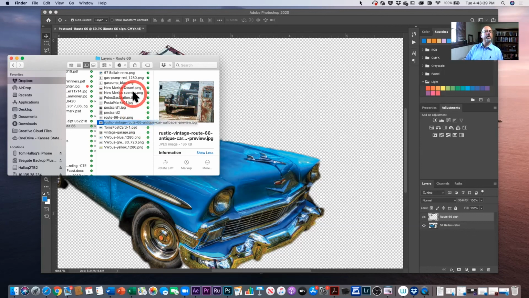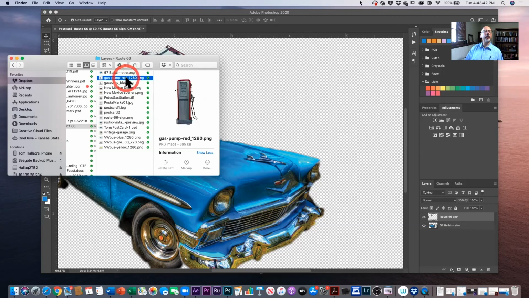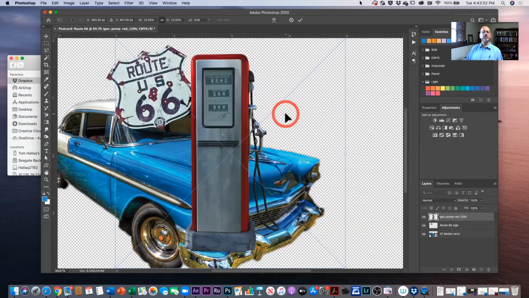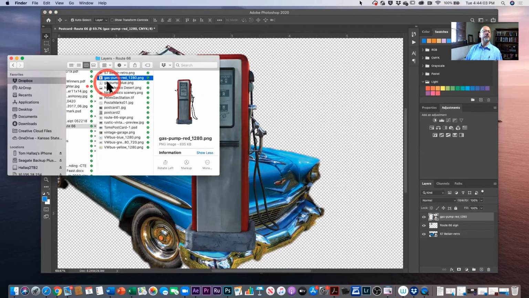Okay. I'm going to go back here up to the top, and I have a couple of retro gas pumps that I want to use. So I'm going to go ahead and bring in the first gas pump. Okay, there's a red one, and I'll just leave that right there. I'm going to hit enter to get rid of that wireframe, and I'm going to go back in here. I have another one that's blue. It's a real pale light blue,